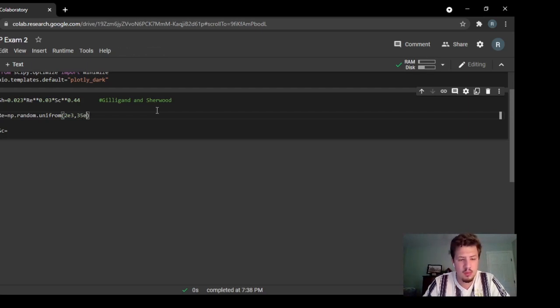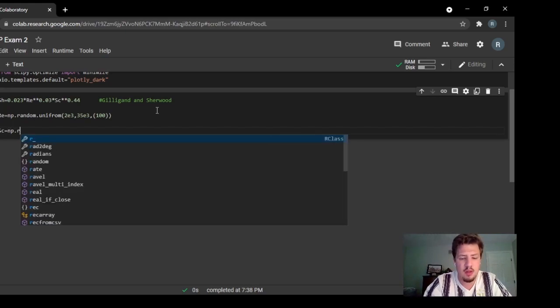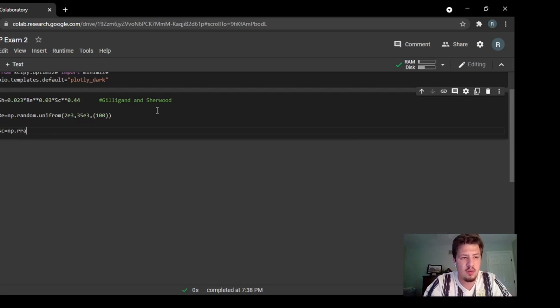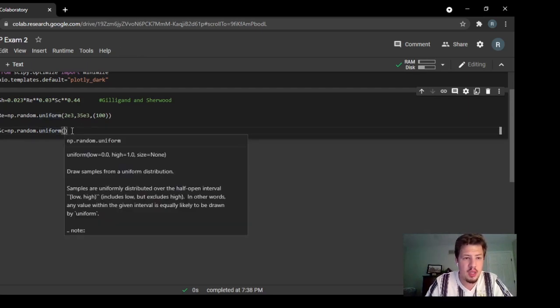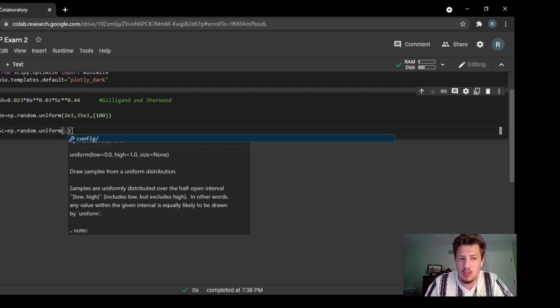The third, and then we want 100 points. And then we want to do the same for the Schmidt's number, but again, we were given different bounds. So we have randomly generated 100 points within uniform data sets. And I spelled uniform wrong, so I'm going to fix that syntax error. And then this will be 0.2, I believe. No, 0.6